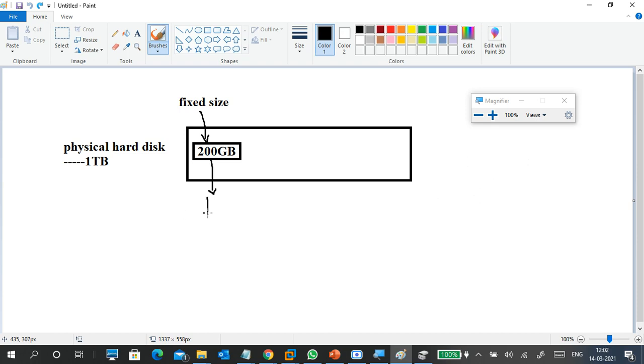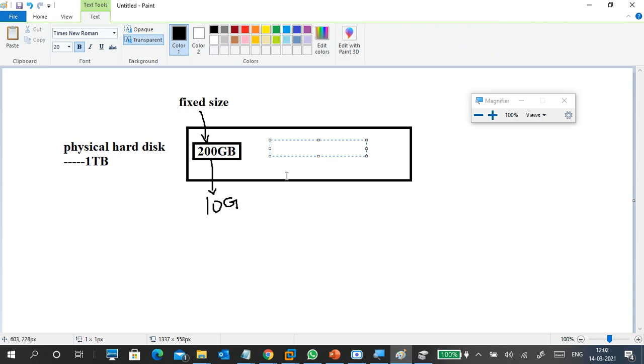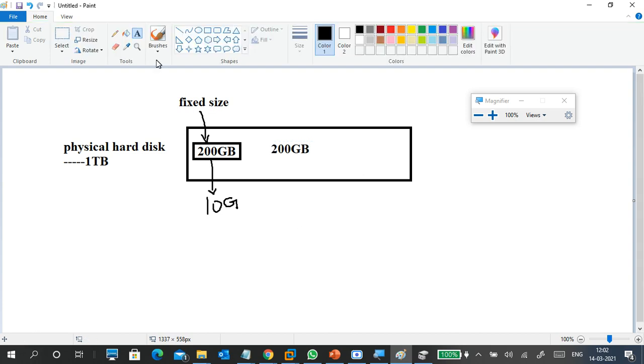Okay, 10 GB here. Now the next one is I'm creating a dynamically expanding disk. Already 200 GB is occupied. For the next practical, I want to create again 200 GB, dynamically expanding this time.